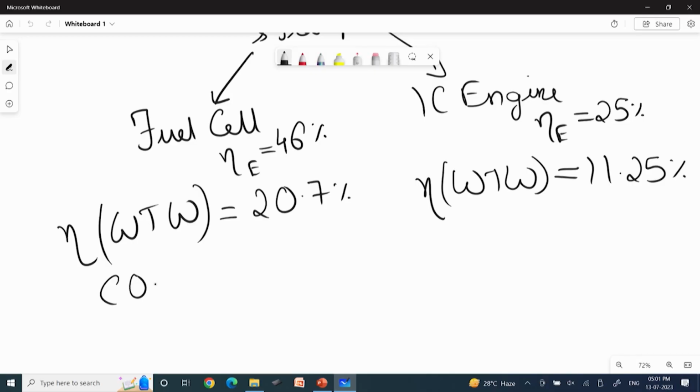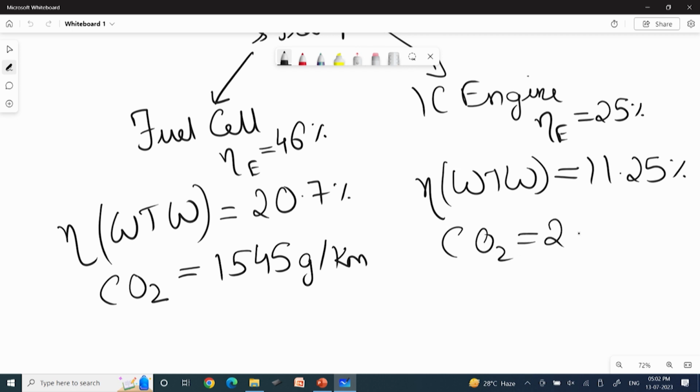in the future. But if you see the overall efficiency, this is not very much different from a conventional diesel based engine or an electric vehicle. However, the difference could be seen in the total CO2 emission. So, the CO2 emissions for this particular process could be around 15.45 grams per kilometer of vehicle traveled, and this could go as high as 28.12 grams per kilometer for an IC engine based hydrogen requirement. So, you can see a significant reduction happening if you go towards the fuel cells, but if we stay with the hydrogen being produced through the conventional path and end up in the IC engine, the emission reduction might not